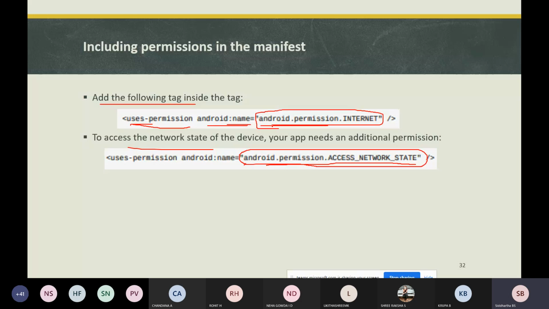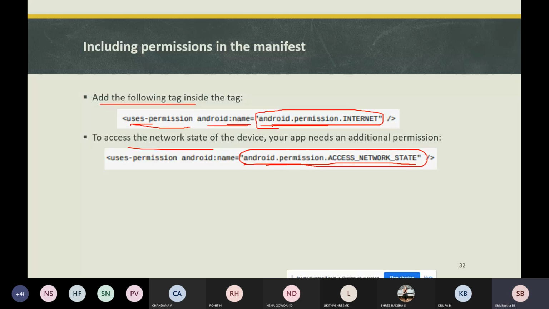It gets the info about the networks, and the notification is done through this class only, when there is a change in the network connectivity.